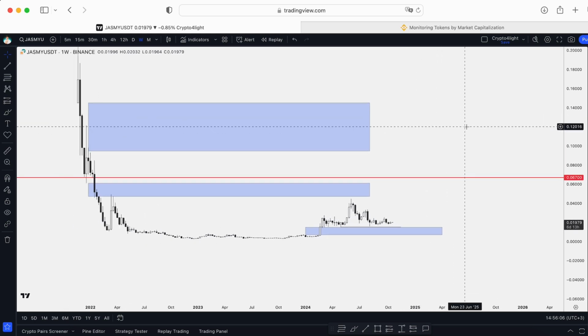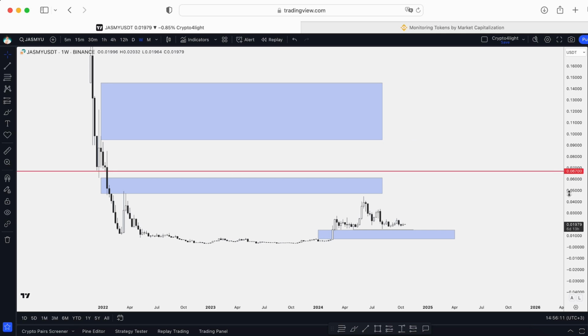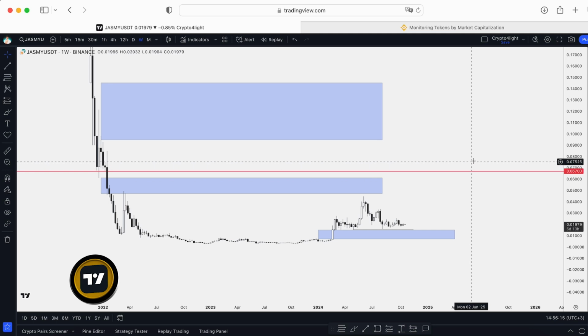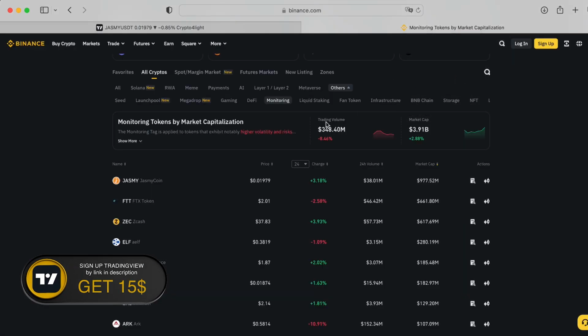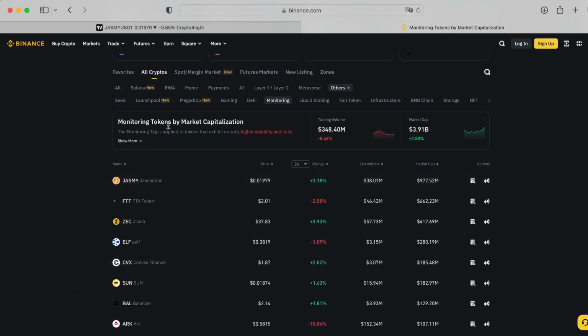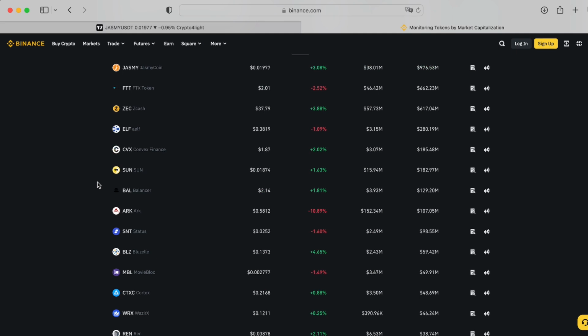Of course, a lot of people think we go to $1 and all of that stuff. Hypothetically, it's possible. Everything is possible in the world, you know. But now I don't have good news for you, because I don't know why Binance added Jasmy under the monitoring tag. So what is the monitoring tag? I highly recommend going to Binance and reading about it on their platform. It doesn't mean they will delist Jasmy,